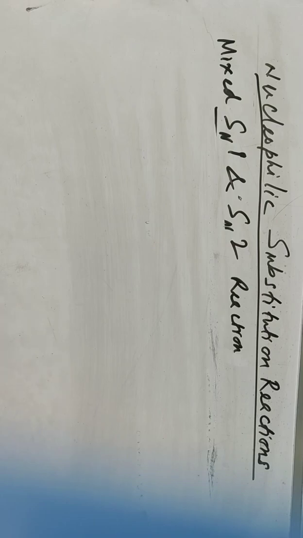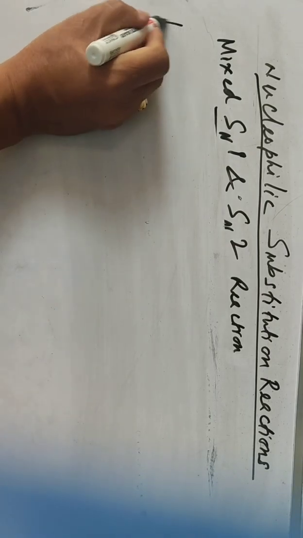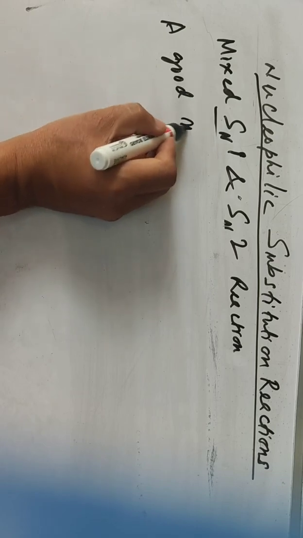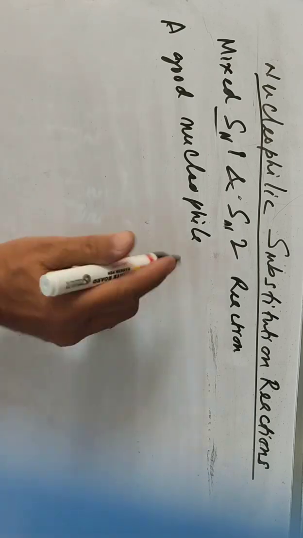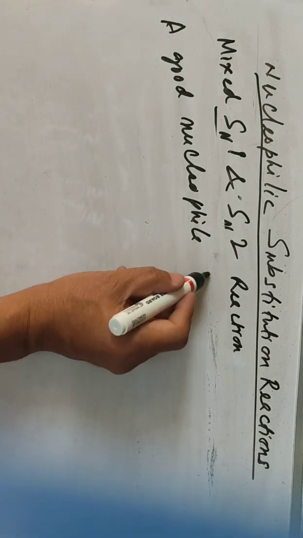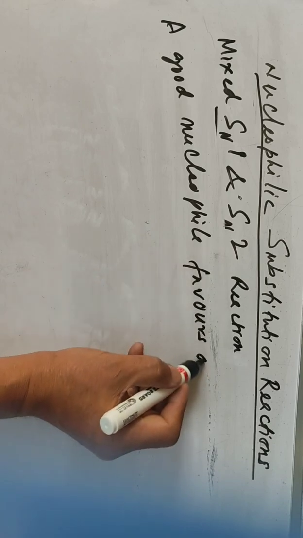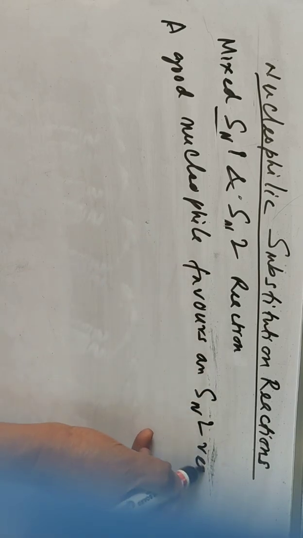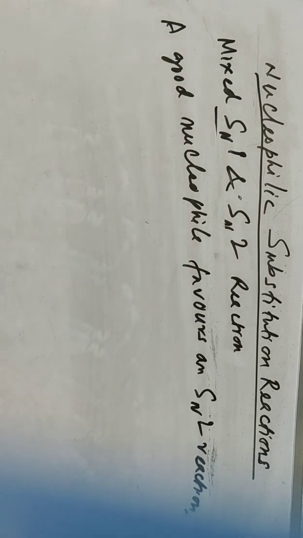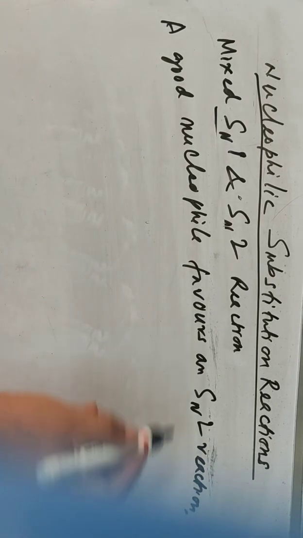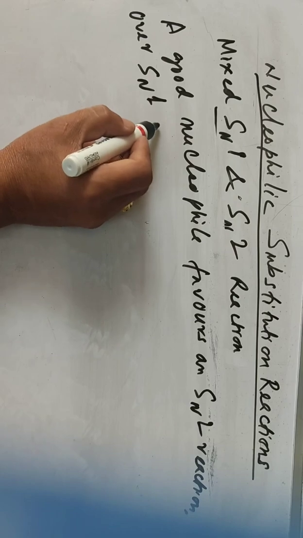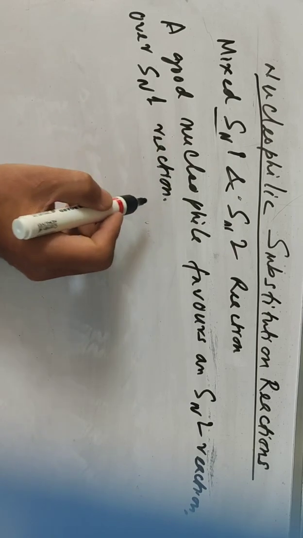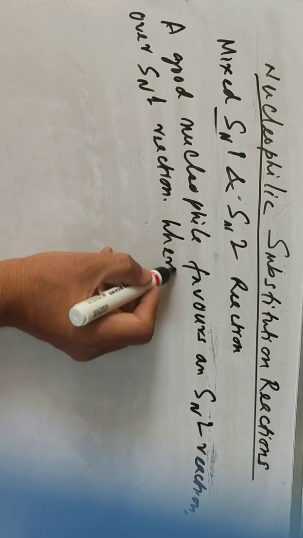A good nucleophile, like the hydroxide group, favors an SN2 reaction over the SN1 reaction or pathway. Whereas a poor nucleophile,